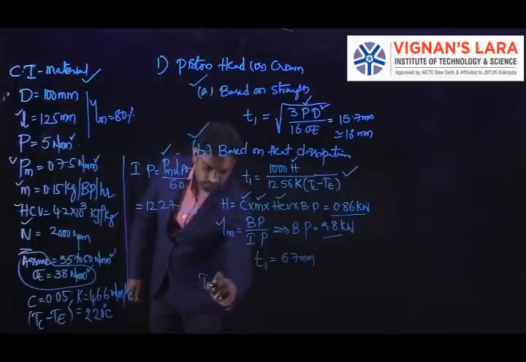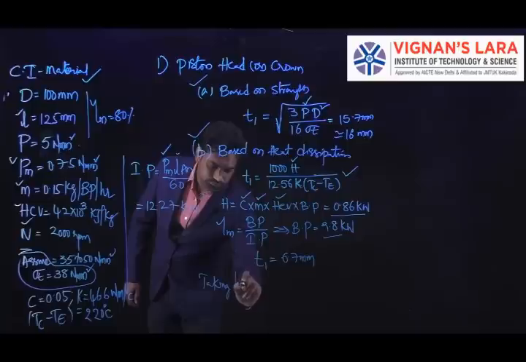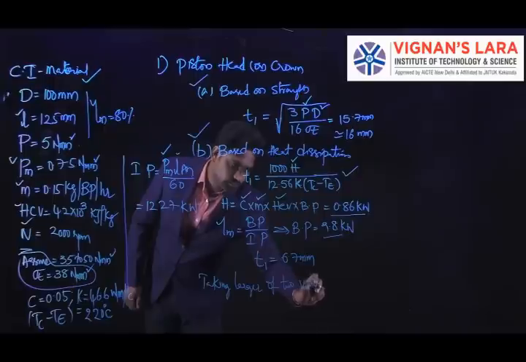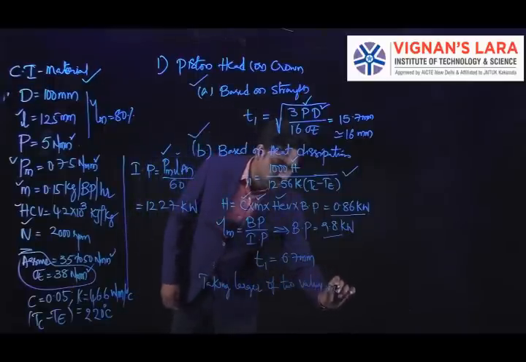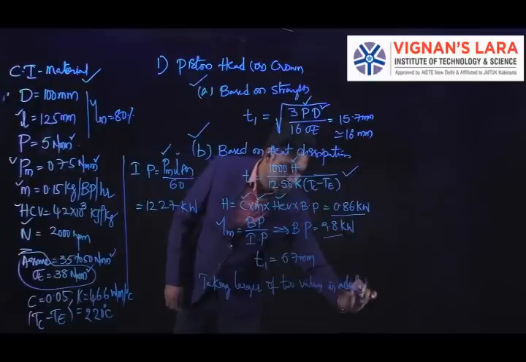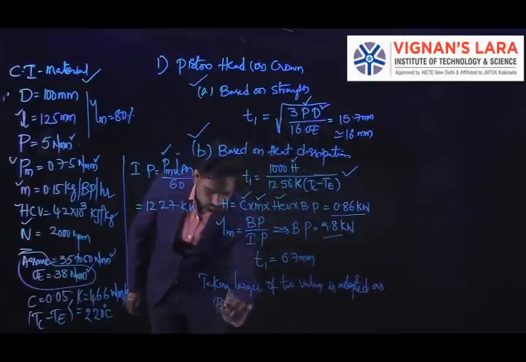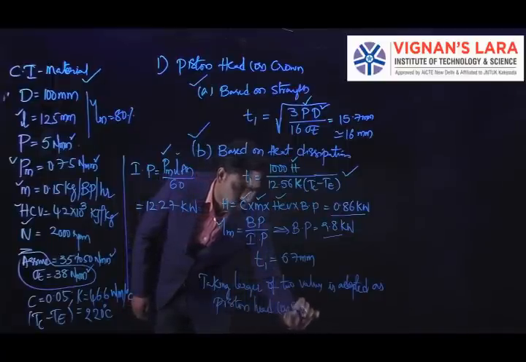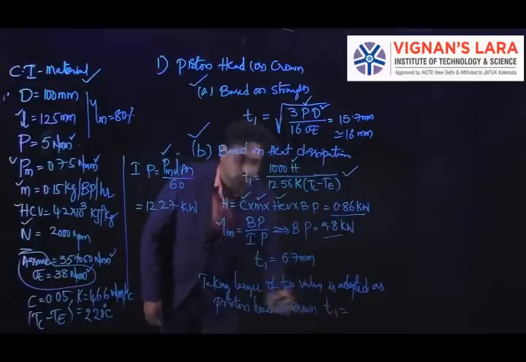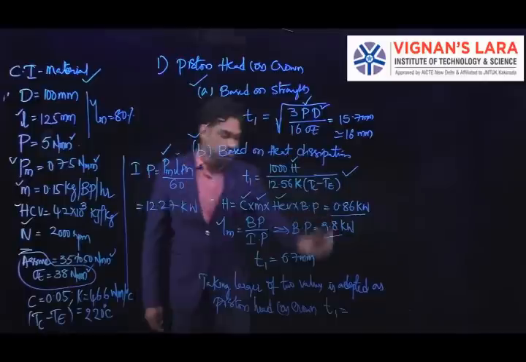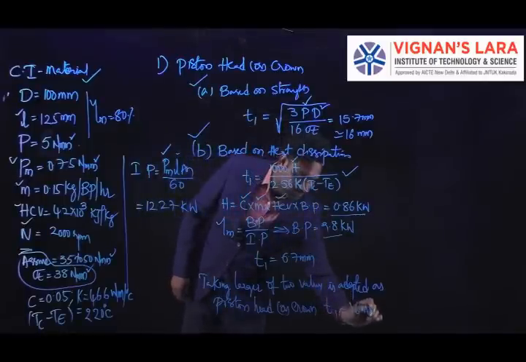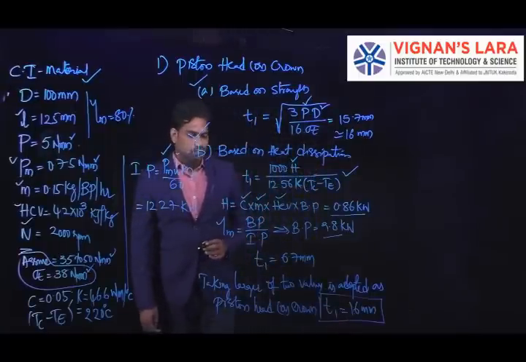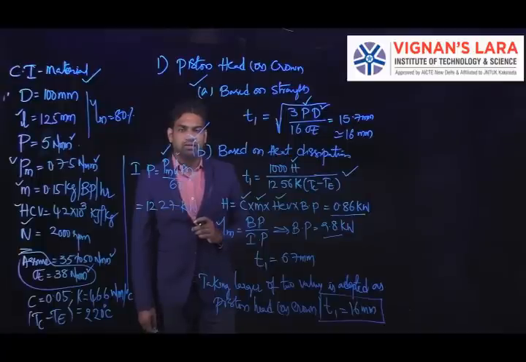So here when I write the statement clearly, taking the larger of the two values is adopted as piston head thickness. So the grade of thickness is 16 mm, so T1 is equal to 16 mm. Clear? After finding out the thickness of piston head or crown, we need to calculate the